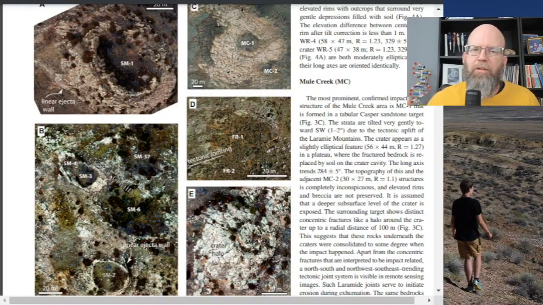Now, here are a couple of those craters. I know they don't look like a whole lot. They're not really spectacular. Remember, they're not that big. But you have to remember that the sedimentary layers that these are found in are generally shallow marine or lacustrine layers, sandstones, shales. They don't have a whole lot of other texture necessarily. And so if you see these large bowl-like structures and hardened material around the edges, you have to ask yourself, where did that come from?